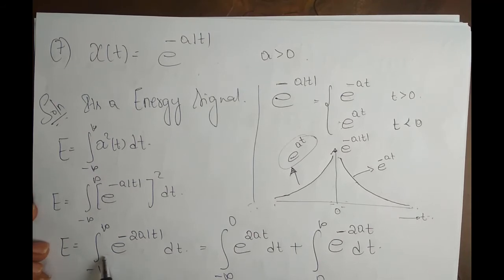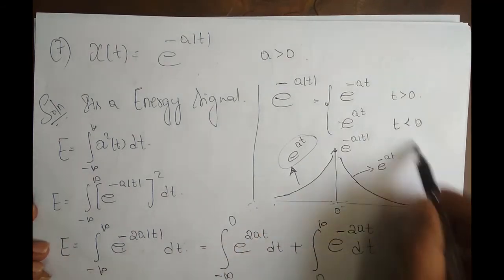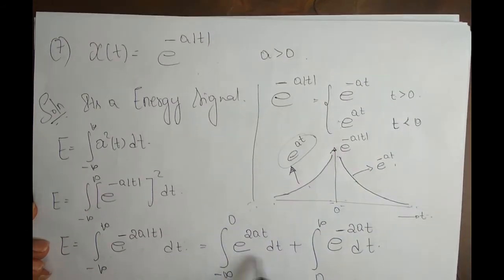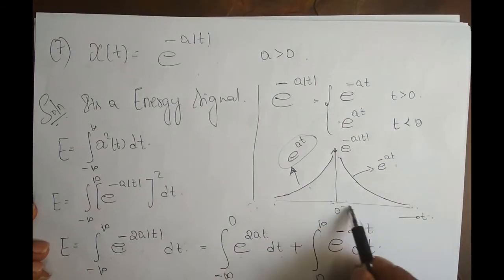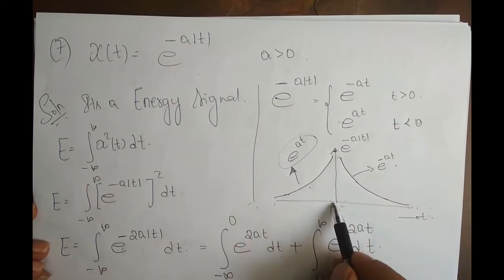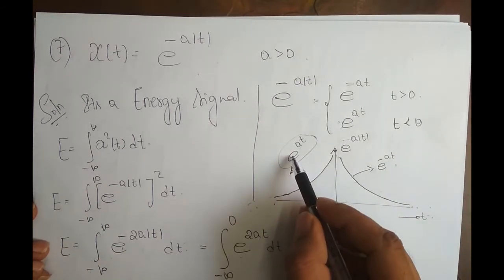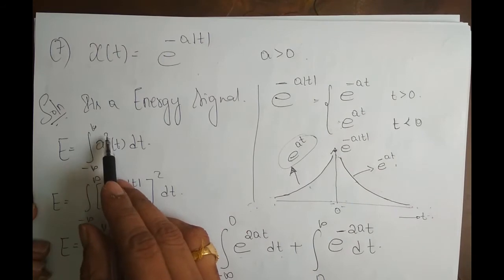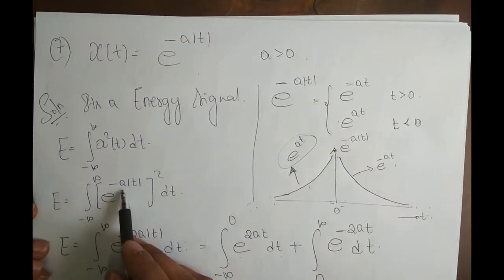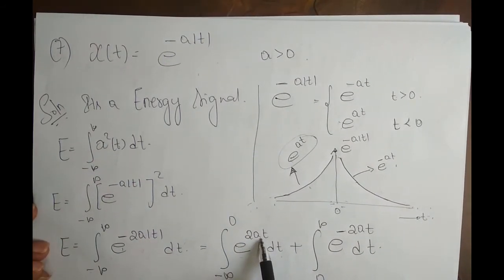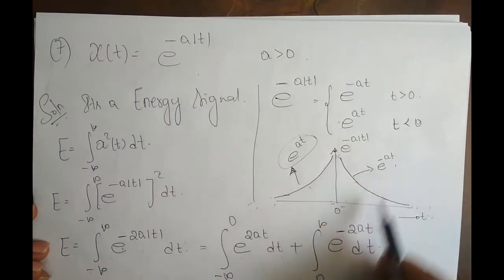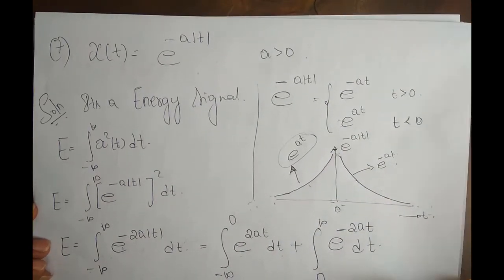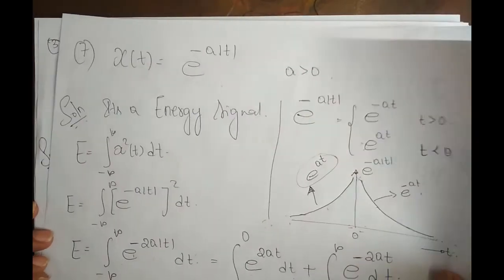So don't look at this, you look at the signal definition. According to the signal definition, you write what is there in the negative side of t and what is there in the positive side of t. Negative side of t is exponentially increasing signal, so that's why e power at, but I have written 2 times at because of this formula. It is square, no? So since this square went inside, so e power 2 at. So the positive side is e power minus at, so minus 2 at. Okay. So look at the signal definition and do the integration accordingly.